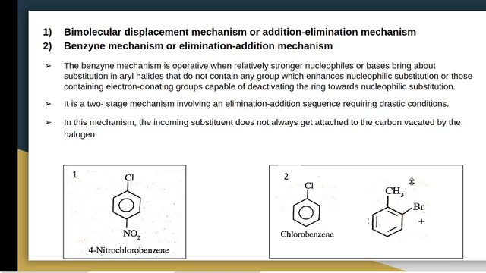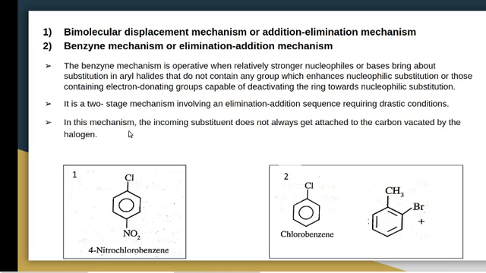So this also contains the mechanism of this type of compounds for substitution reaction, which also follows a two-stage mechanism, that is elimination addition sequence. In the first case, the mechanism follows addition elimination steps, but the second type of mechanism follows elimination addition. That means in the first case, first addition occurs, then only elimination. In the second type of mechanism, first elimination occurs, then addition.